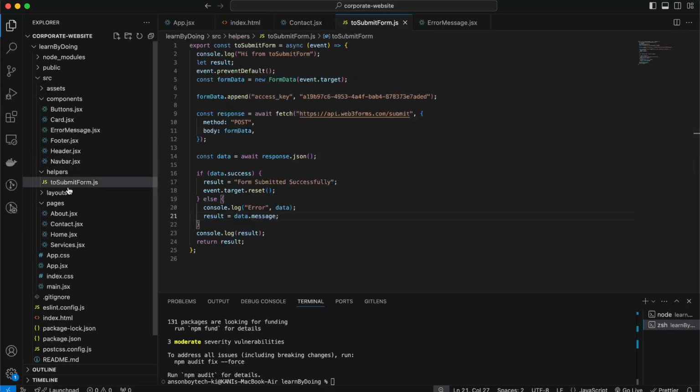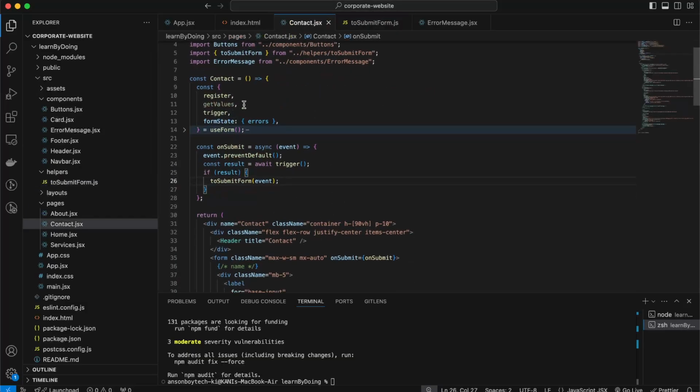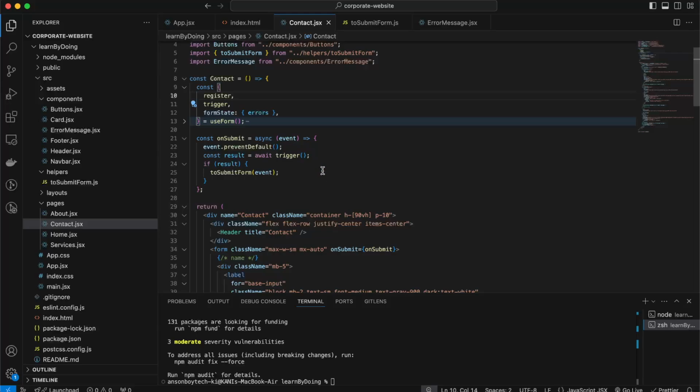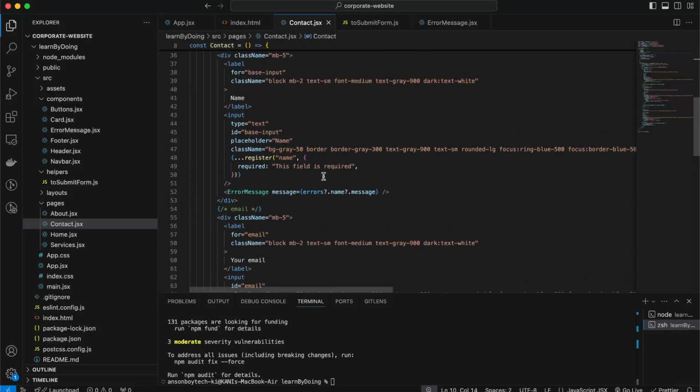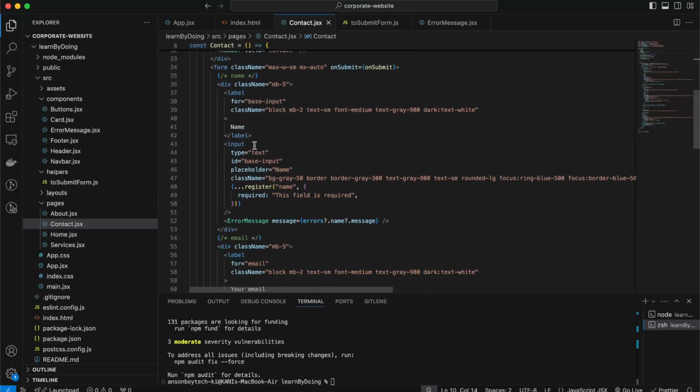It's good to have a helper, so that if you want to use the same logic, you can just call this helper instead. Okay, so we're not using get values, we can remove this. So actually we can also make all these inputs